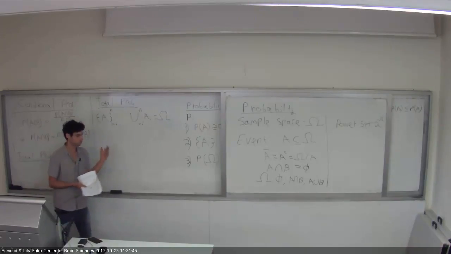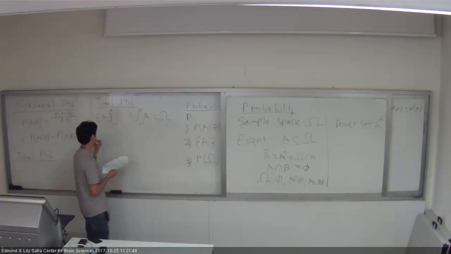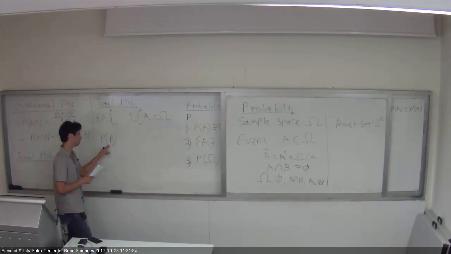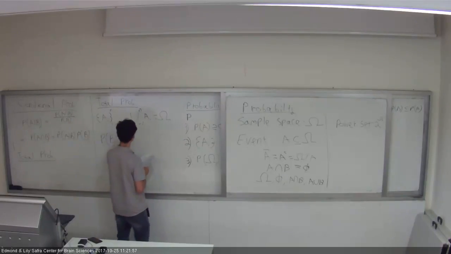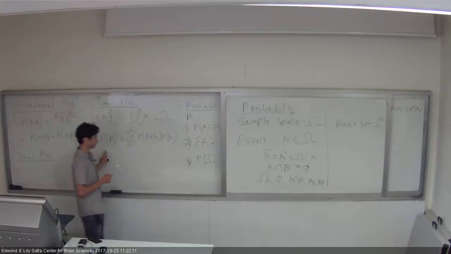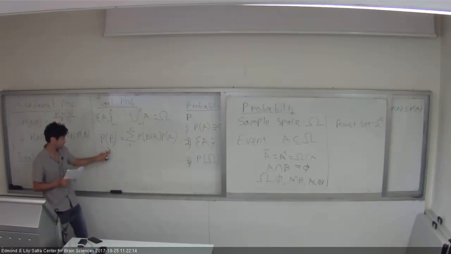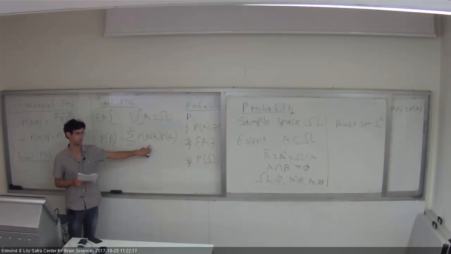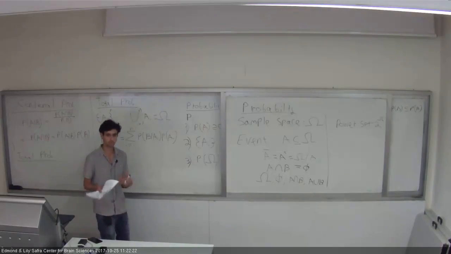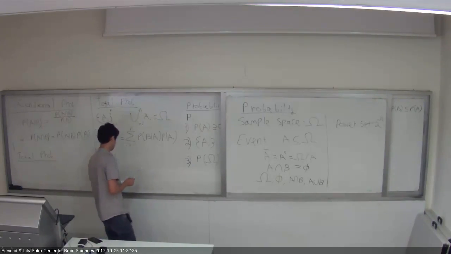Now the total probability law says something very, very simple: we can describe some event B as the sum over all the Ai of the probability of B given Ai times P of Ai. We can decompose this event according to the conditional probability on the other events. And the intuition behind it is,